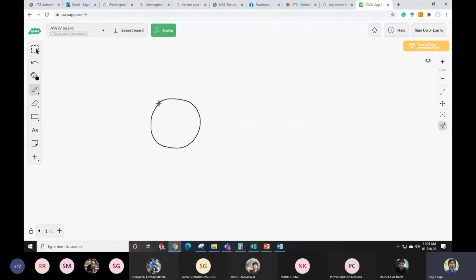So if this is a circle, and there is a chain over it, this is a chain. So this is one link you can consider, and you can consider there's a rolling pair between this link and the chain. So this is one link, and this link is also making a rolling pair with this link. You got it? So it is like this now. Correct?